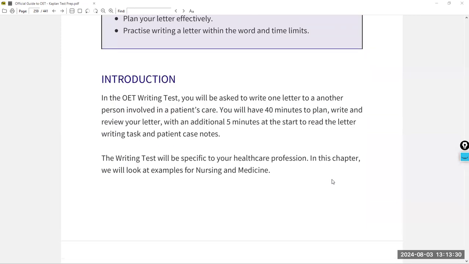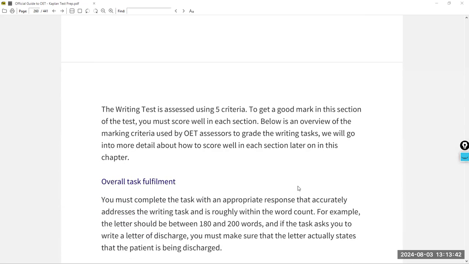Okay, let me try to read fast because I think the information that is here is already mentioned. Okay. Now, the writing task is